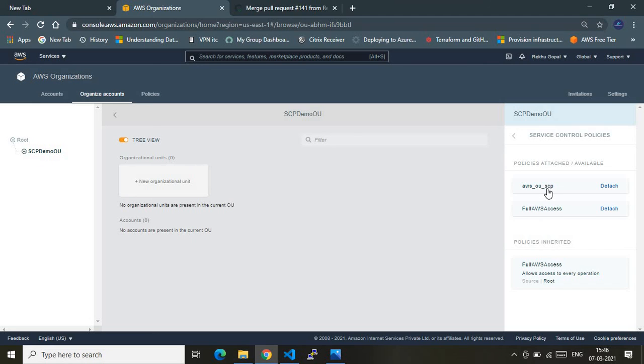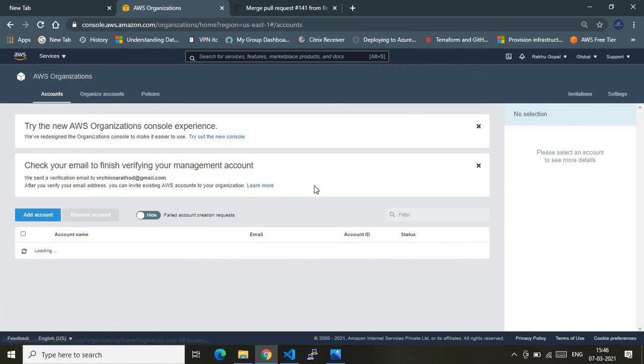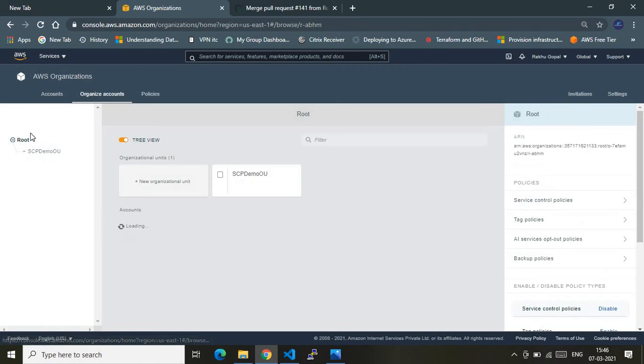Now whenever you keep your child accounts under this OU, this policy will be automatically applied to those accounts. I have only one account, so I cannot show you the actual demo of how the policy works, but it's highly promising that if you keep your child accounts under this OU, you should have that policy working.